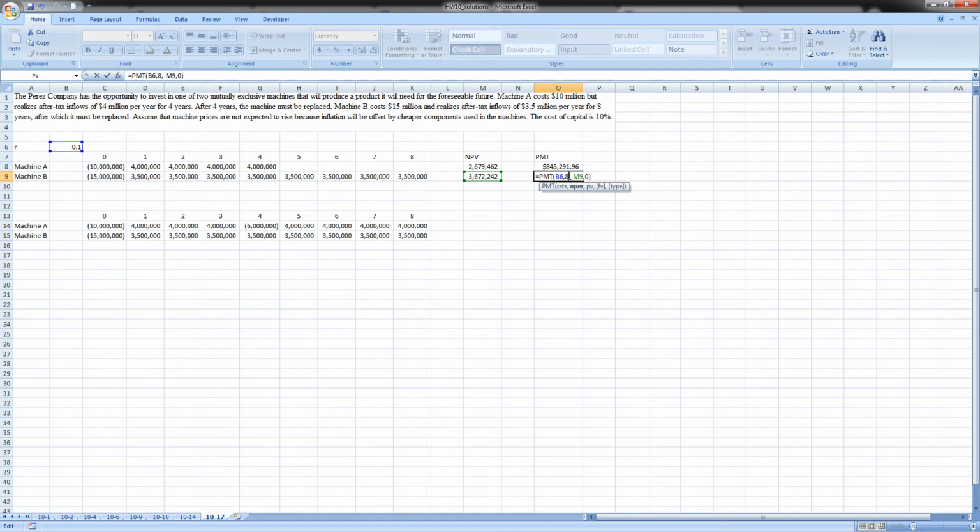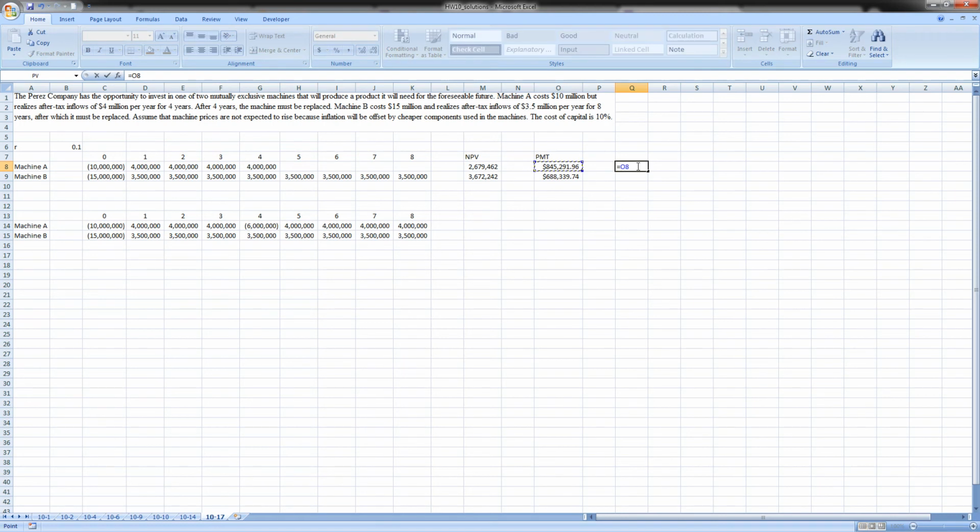So we change the payment. To enter the payment function for machine B, we have to change the number of periods to 8 years, which is $688,339. For those of you who are having a hard time understanding what this means, let's say we took this